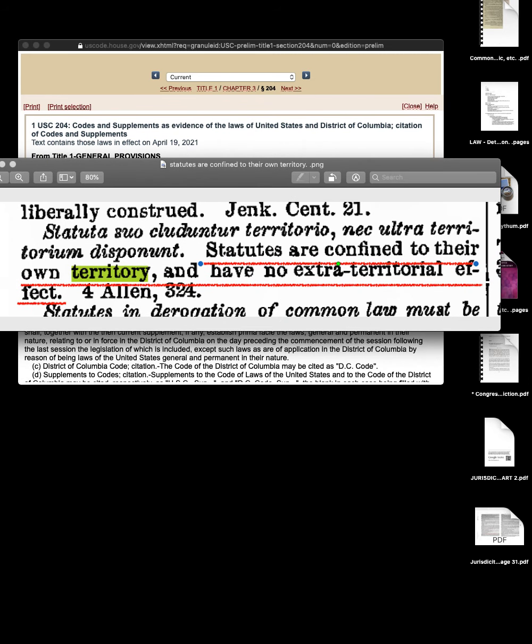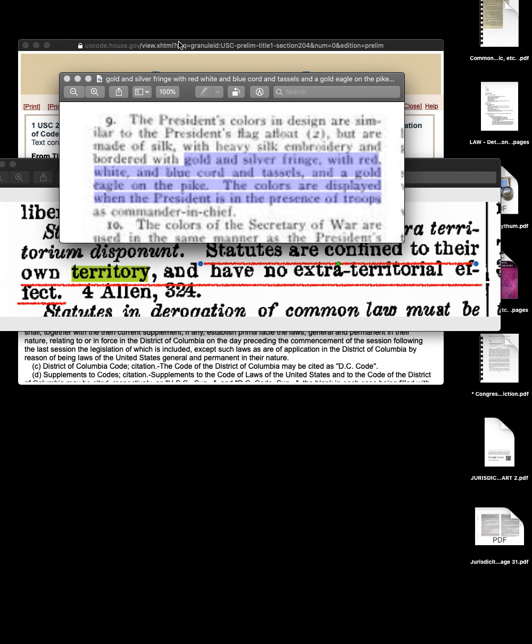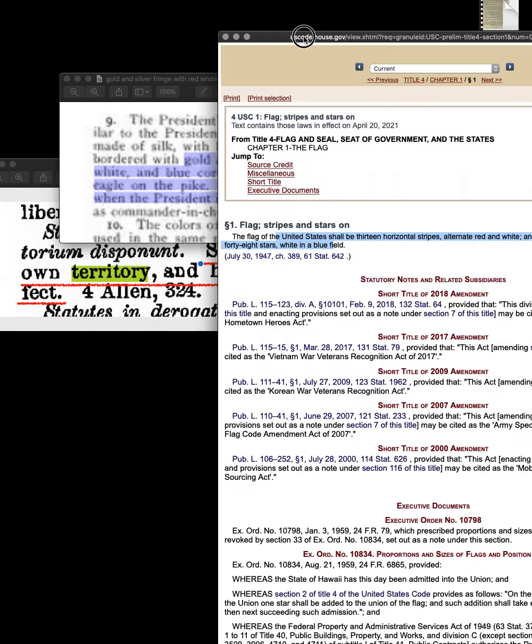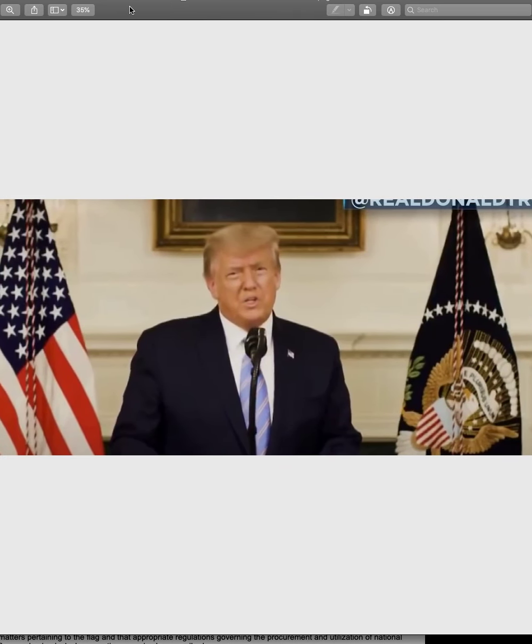Okay, so does that mean that he cannot display the flag at other times? No, I don't think so. But when the flag's displayed in this way, he may be speaking as commander-in-chief to the troops. So who he's speaking to matters because